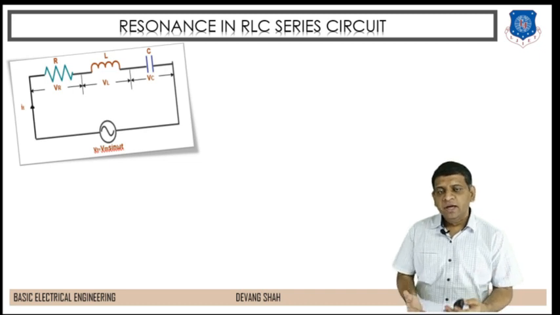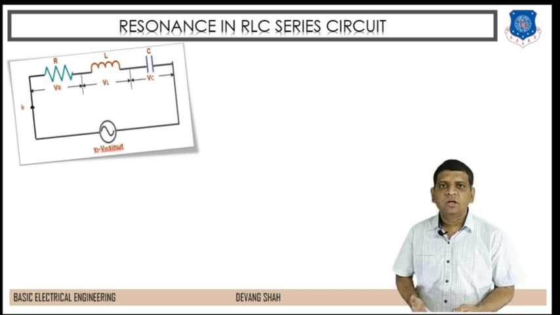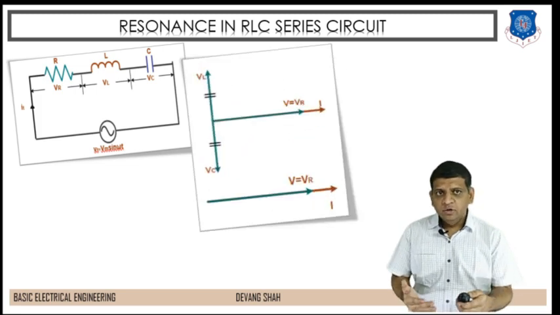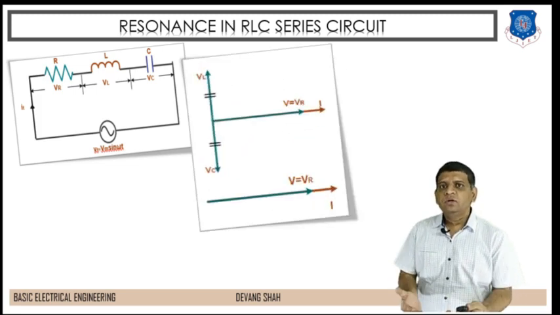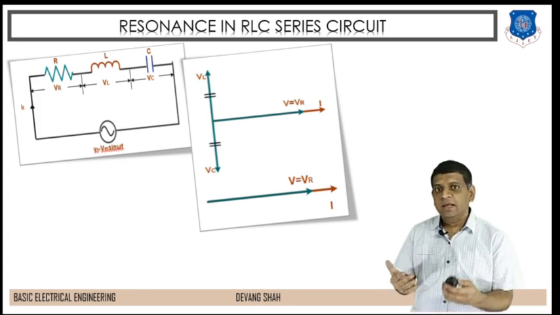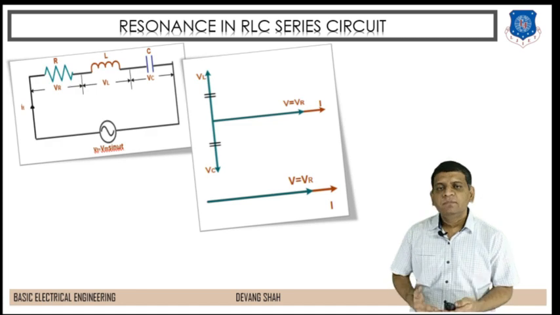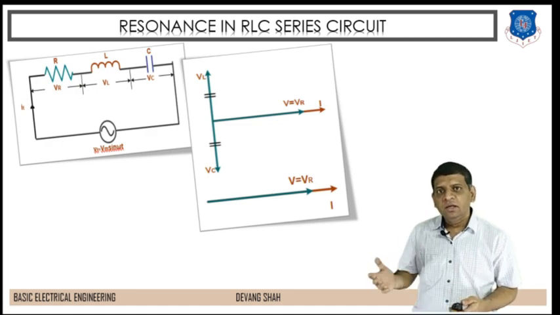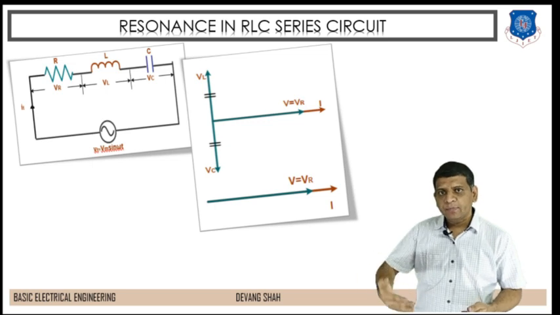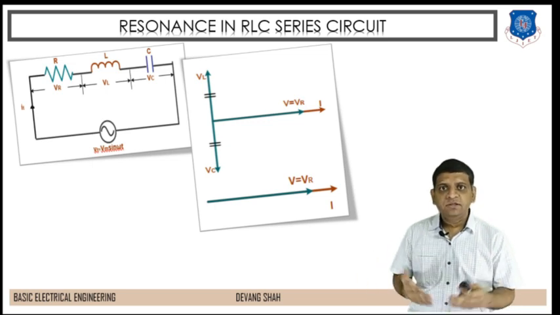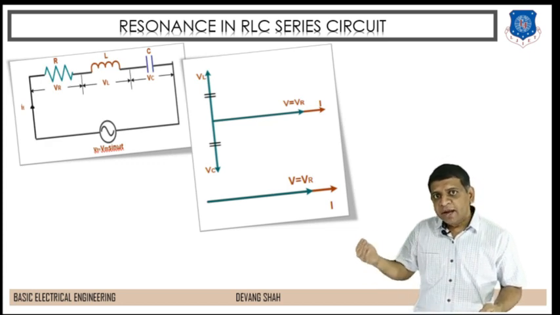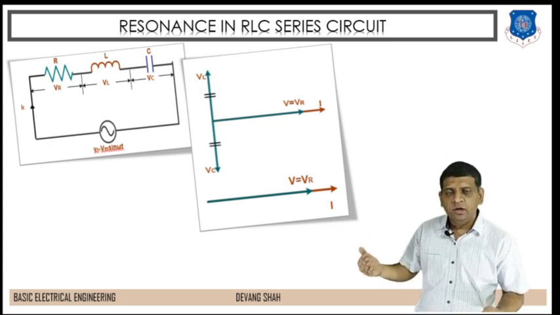Here we are going to check the resonance condition of this RLC series circuit, where you always get resonance when XL is equal to XC, which is our case number 3 for series RLC circuit. Here you can see that if the voltage drops across inductor and capacitor are the same, that means the vector magnitudes of VL and VC are the same. So in my effective phasor diagram you can see only VR, right?